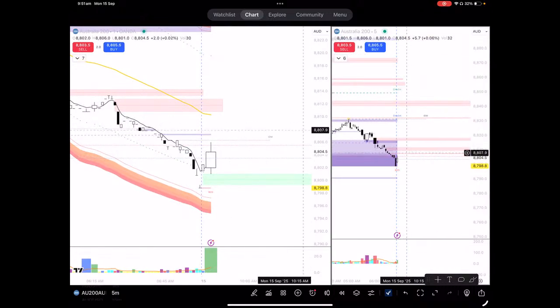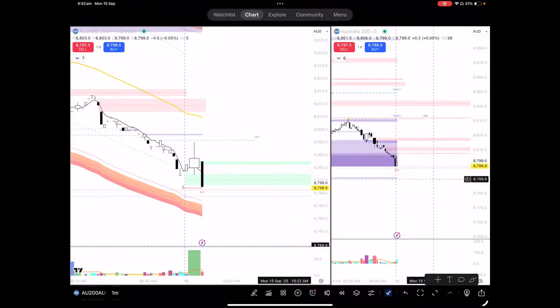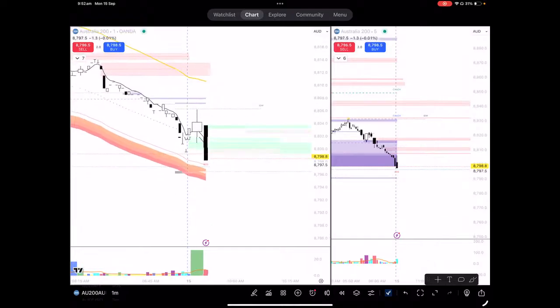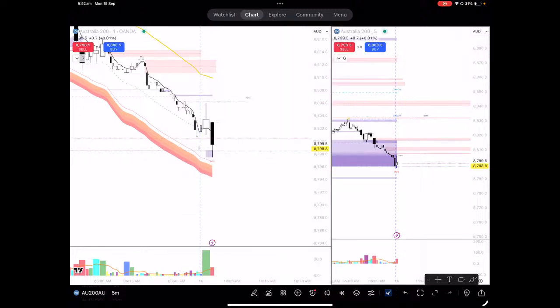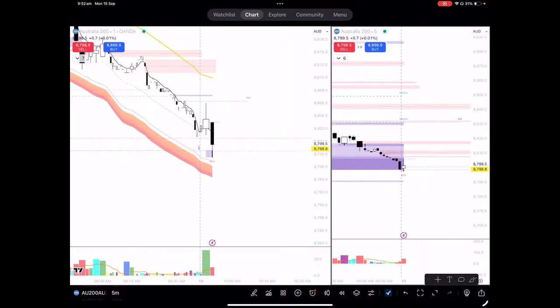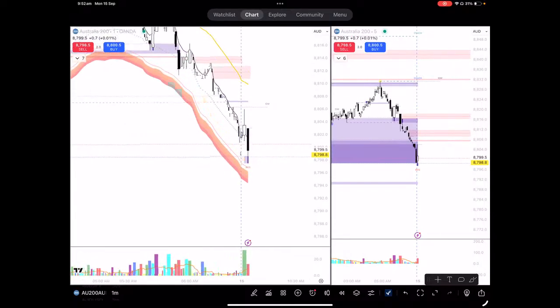It would go up to take liquidity from these areas, and then start to continue down. As per my analysis, I thought the market is pretty much downwards today. And once it crosses this level, 8780, it will actually be a sell. So let's see how the market reacts right now. It still went down, which is fine. Let's observe a bit more what it does. So we are here.